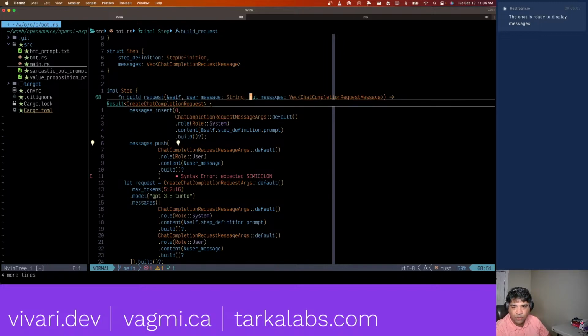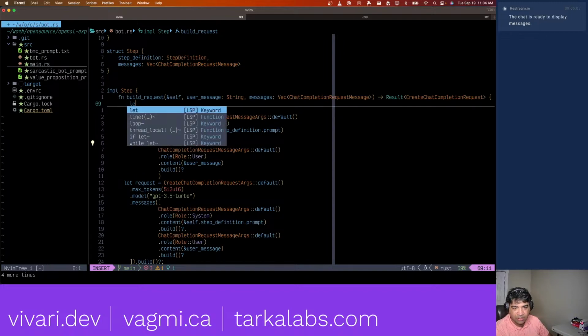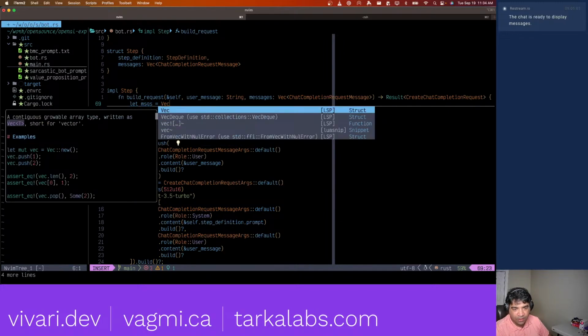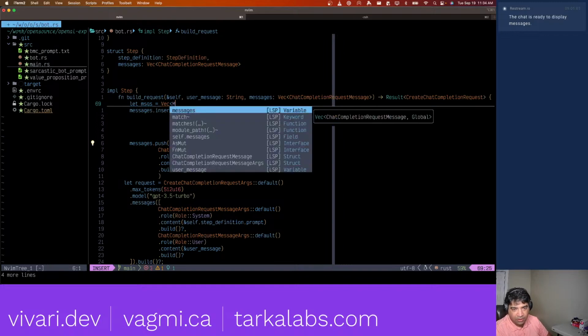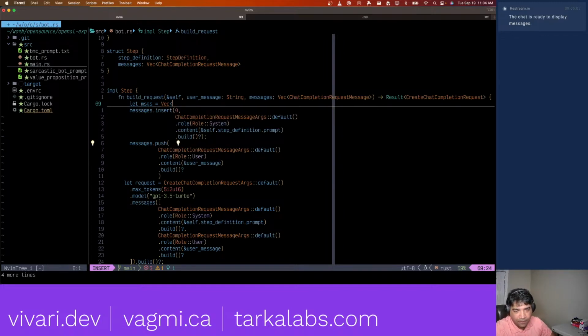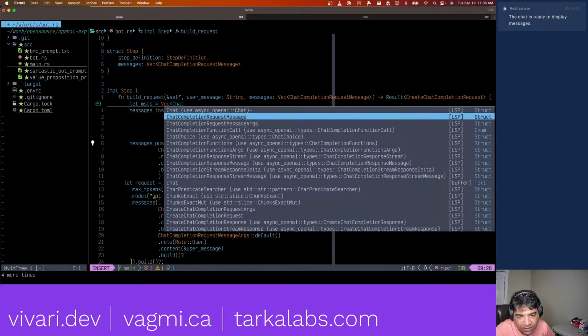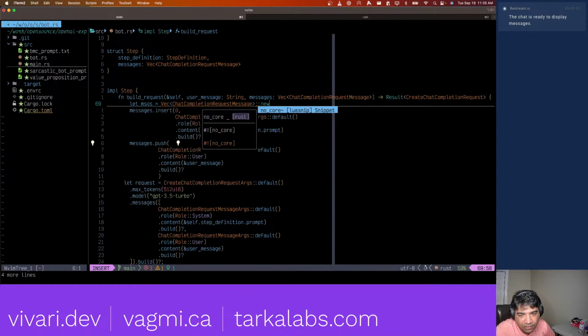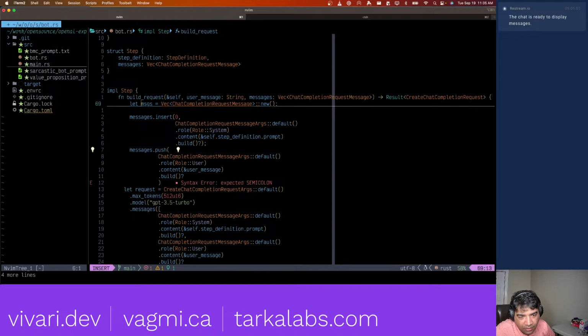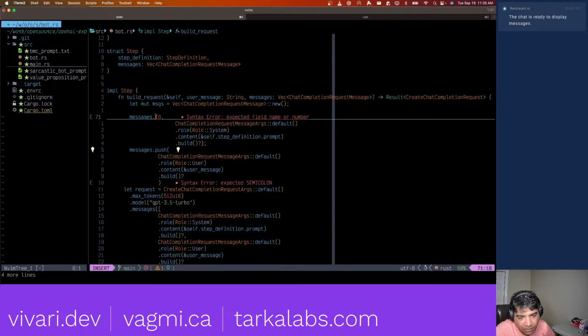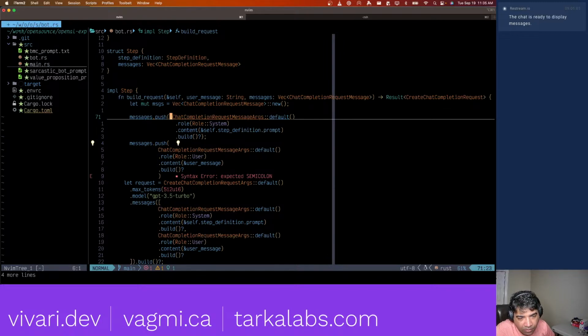Actually, this we can get the messages here, and then we can construct a Vec: let msgs equals vec of ChatCompletionRequestMessage. And we can also do